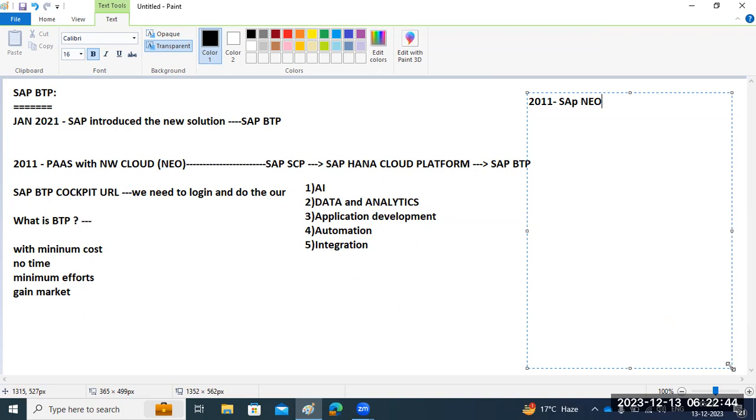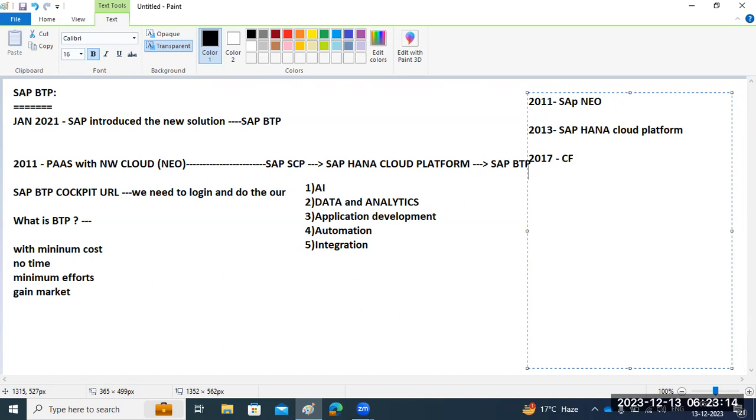Then in 2013 they changed the naming convention to SAP HANA Cloud Solutions, right? Since this is the first class, I am explaining once again. Then in 2017 they introduced the cloud platform.